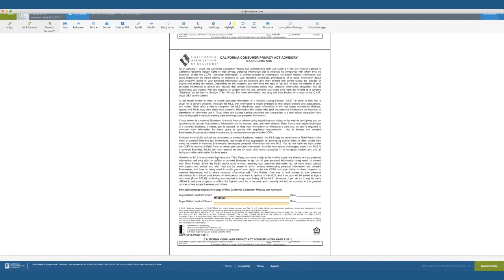We belong to an MLS, and that MLS has information in it and what happens to it. We as a brokerage, I don't think, fall at this point under this Privacy Act because there are certain limitations as far as how much revenue you make and all of that. So that is the